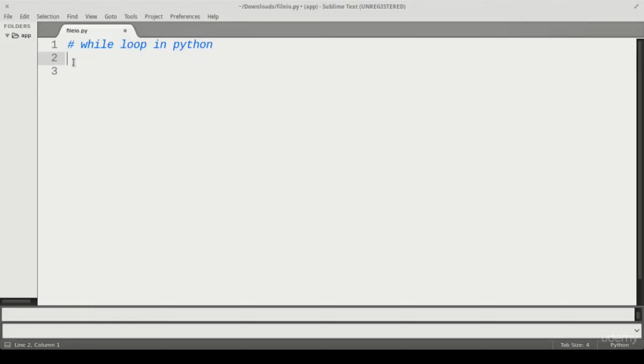Hi everyone, now let's have a look at while loops in Python. A while loop statement in Python programming language repeatedly executes a target statement as long as a given condition is true. And the syntax of while loop is like this: while, then the expression,